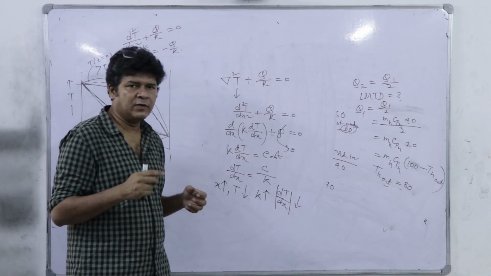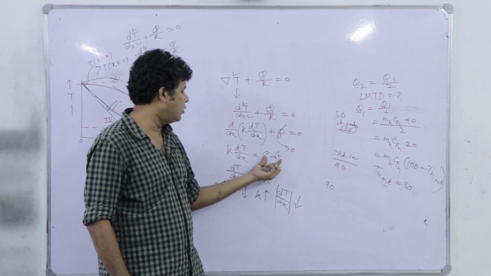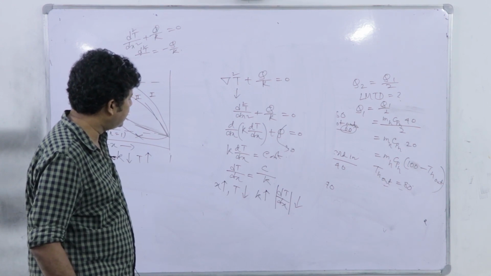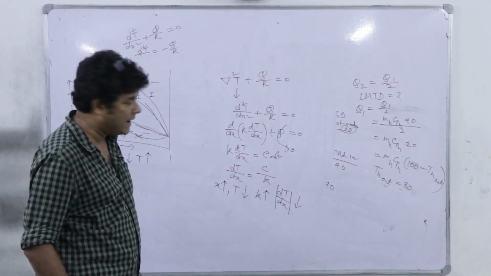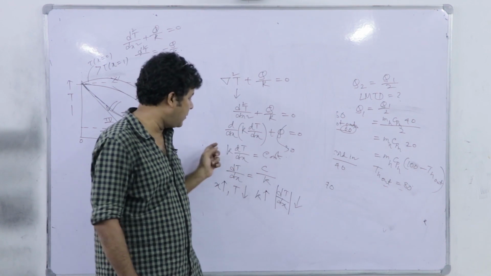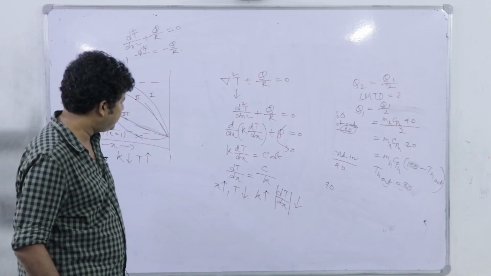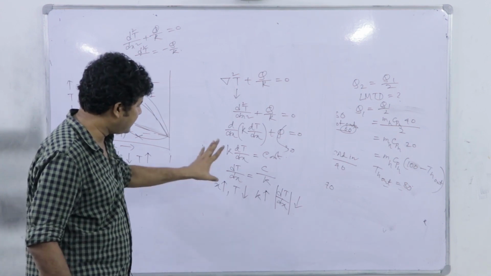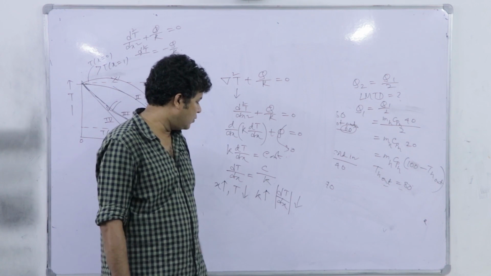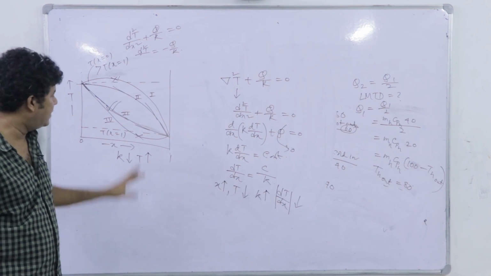Why was there a confusion? Because the absolute value of the slope may be associated with a positive or negative sign, but that we don't know because we don't know this constant. Right, and the constant is truly negative. Why? Because K into dT dx is a heat flow rate with a minus sign, and that must be positive in x direction. So this constant actually will be negative. Anyway, that's not the point, but what we can say is that the mod of this slope must be decreasing with increasing x, and that's only true for profile 3. So our answer is option 3.